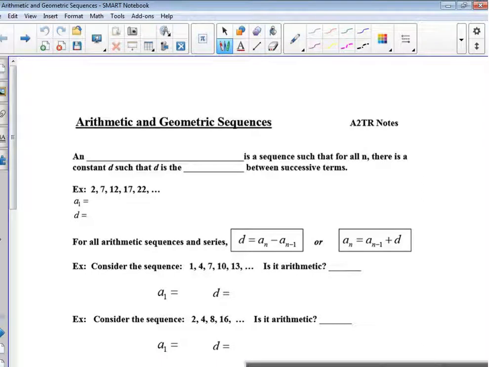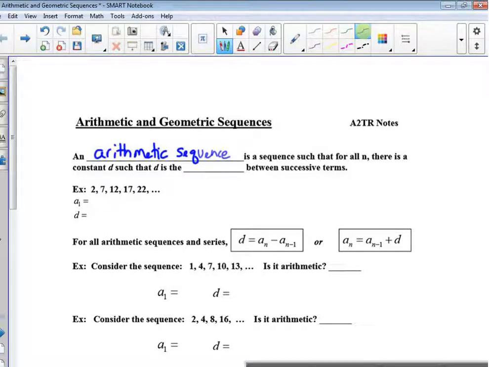Okay, today we're going to talk about arithmetic and geometric sequences. So if you remember from yesterday, a sequence is just separated by commas. It's a list. An arithmetic sequence